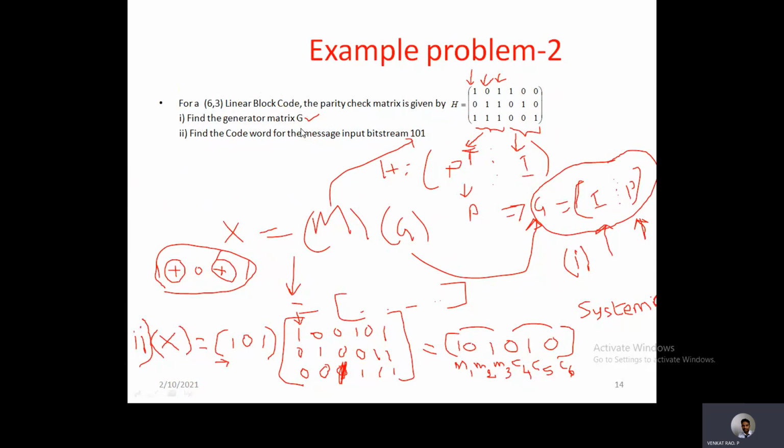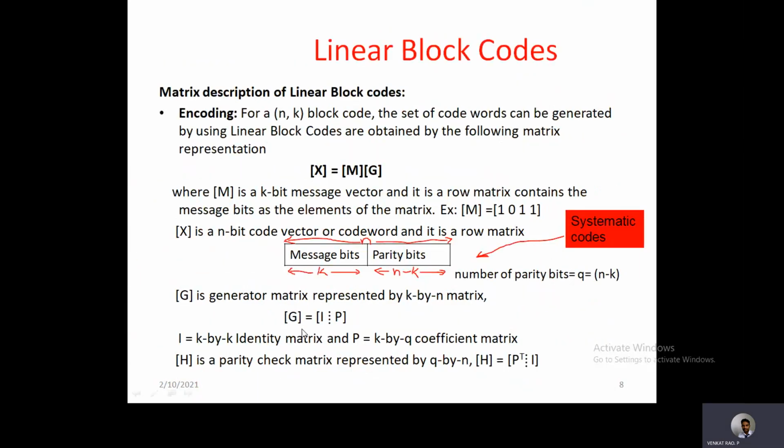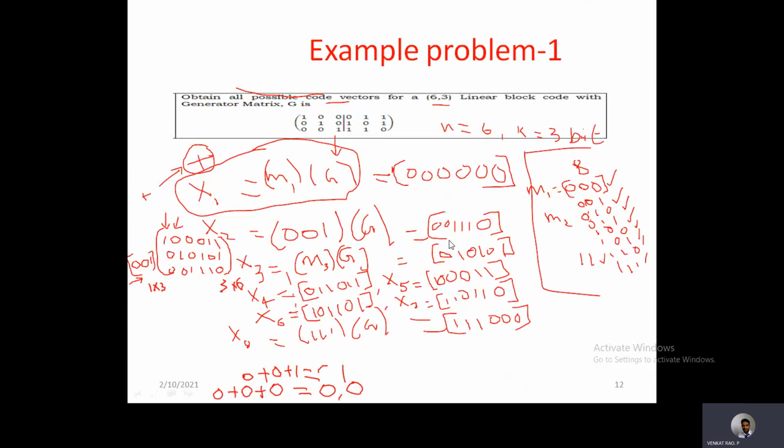How to find the generator matrix from the parity check matrix? What is the procedure? As you know, both the parity check matrix and the generator matrix are represented with the same sub-matrices like this. G is represented with I and P, and H is represented with P transpose and I. Now H is given in the problem. Based on that, identify what P transpose is, identify what I is, and identify P and I. So directly represent first I and then P, so that it will be the generator matrix. This is a simple conversion. Now let us see in the problem.